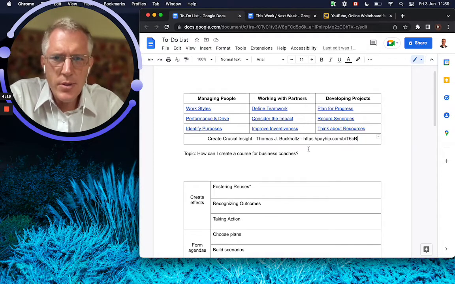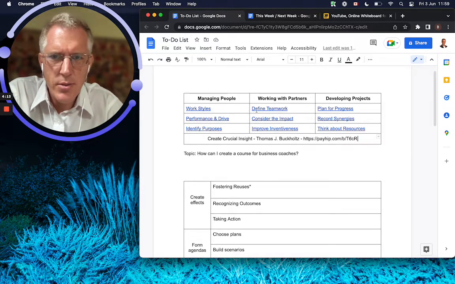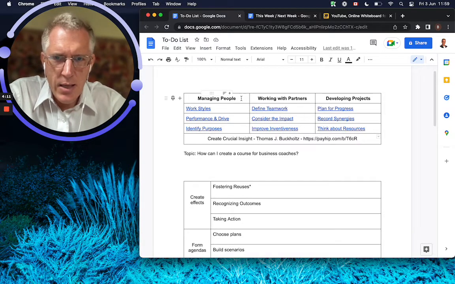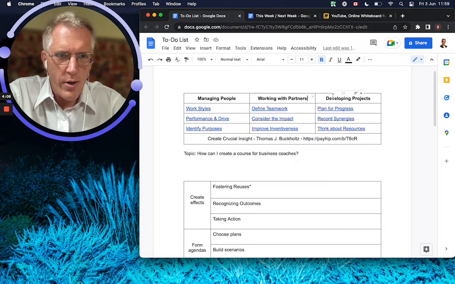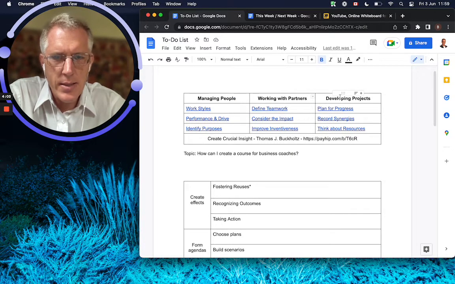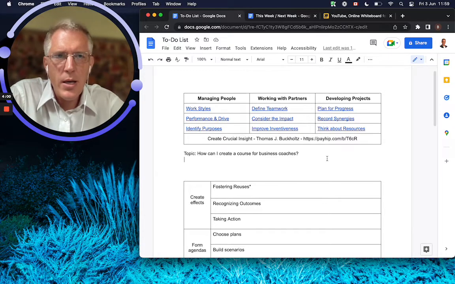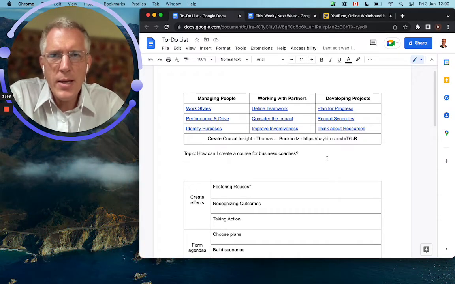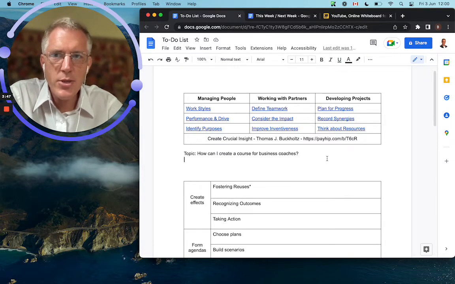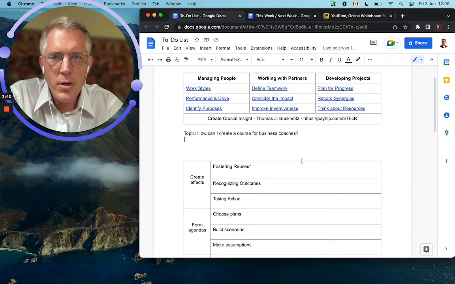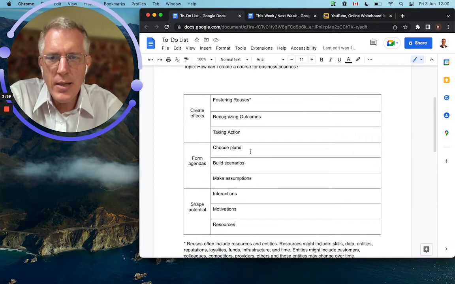Working with students, I have always introduced this program by saying, are you interested in working with people? Are you working with partners? Or are you developing projects? That's basically how I've always started. It's been nice when people have a project they're working on, or a problem managing people, or need more clarity working with partners, because we can jump directly into one of Tom's checklists. Now, remember that we have these endeavor elements.